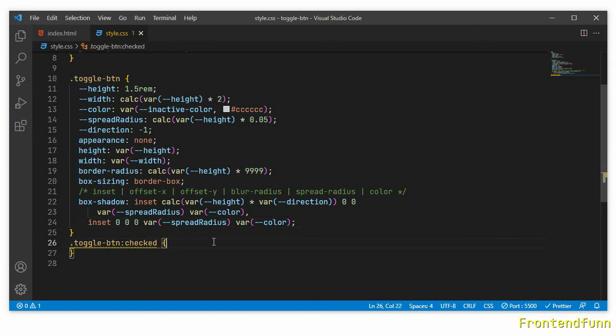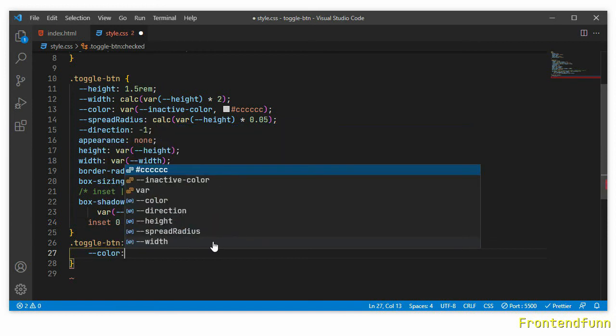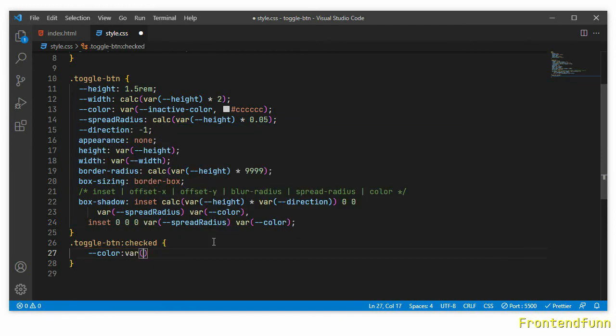Next, on the checked state, we want to modify the color property. Instead of inactive color, we'll be setting the active color, which we can set from the HTML, and I'm just giving the default value here, F72585, some random pink color.